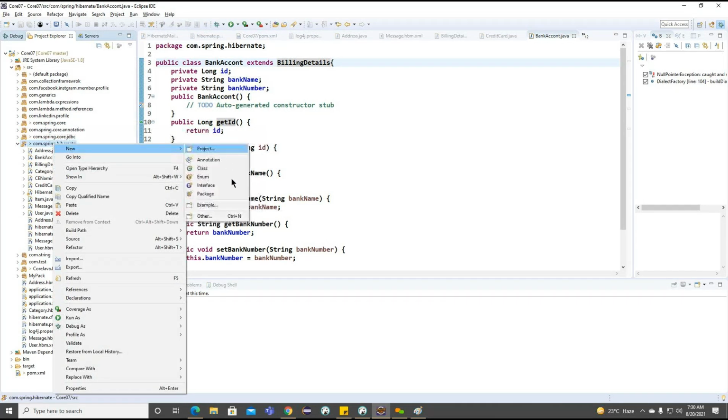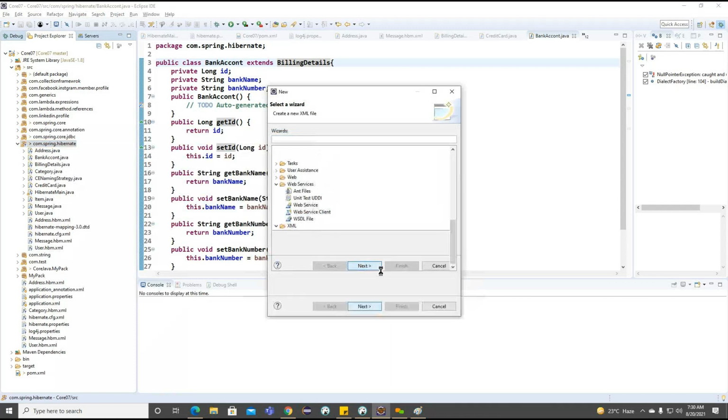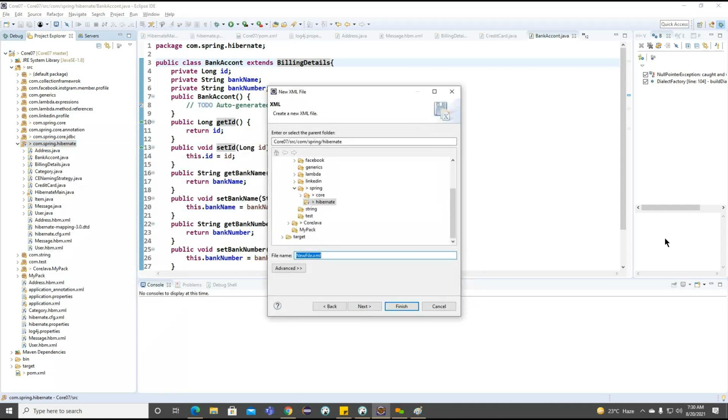Now we need to work on our mapping document. To work on this mapping document, what we can do? For this particular concrete class, we need to create each subclass. To create each subclass, what are the ways we can create? First we need to create our CreditCard here, right?